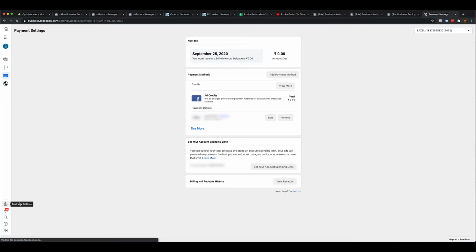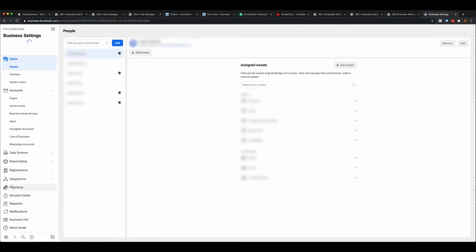So this is primarily how we do it, because usually the clients and we also run only one ad account per page or per business manager, but you have options to create multiple ad accounts. I know a lot of people who scale up their campaigns to great heights and need multiple ad accounts because they don't want to take any chances: if one ad account gets blocked, they can use the others. If you're one of them, the best way is to go to business manager settings from here, go to payments, and add your payment mode from there.